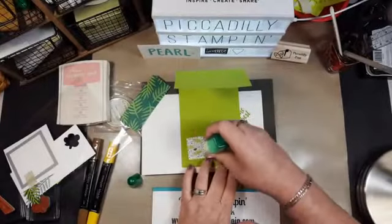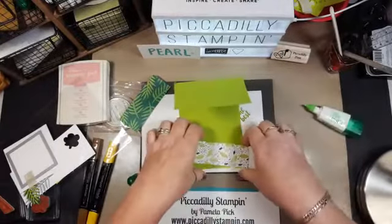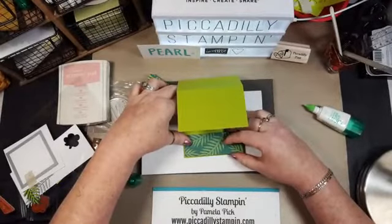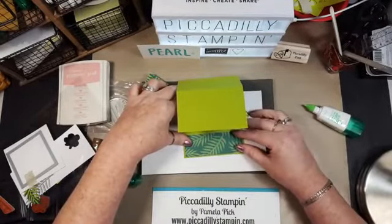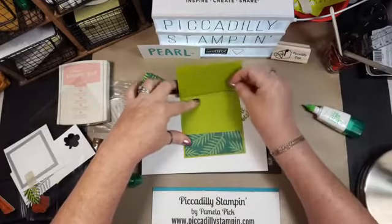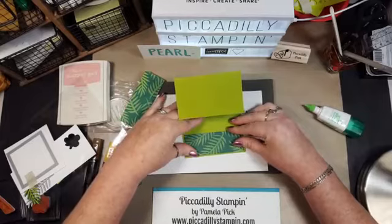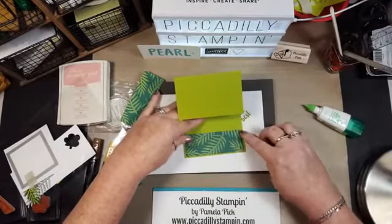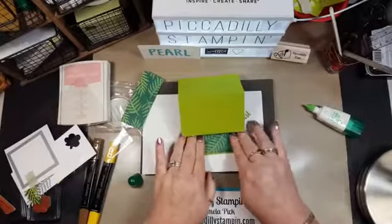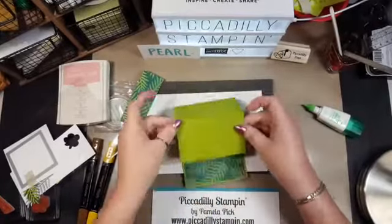And I try to just put an even edge on. So see, it's not 4 1/4, so I try to just get an even edge, and I need that out of the way so you can see what I'm talking about. Move that glue just a little bit so I get just an even edge around the bottom. Okay, then on the top,